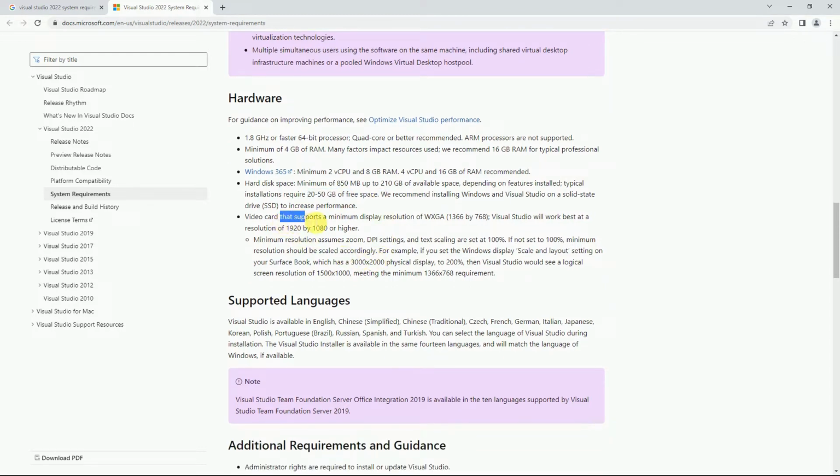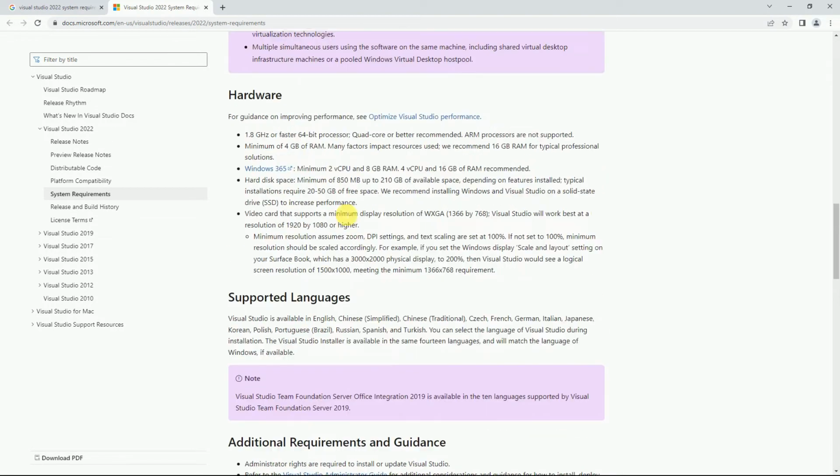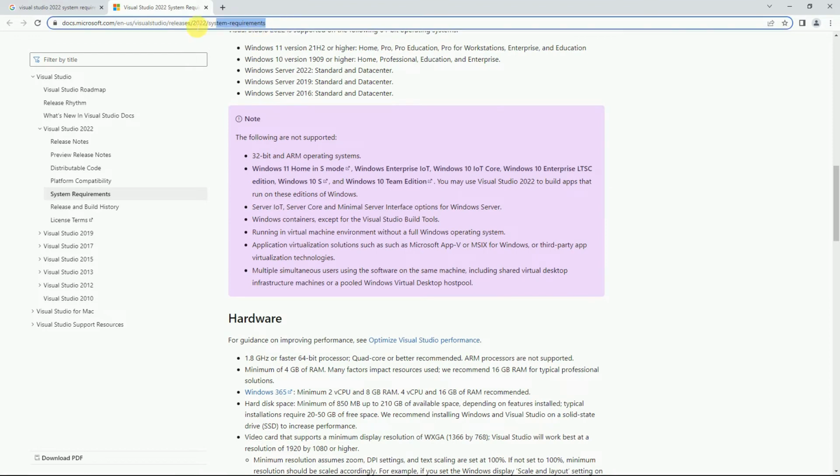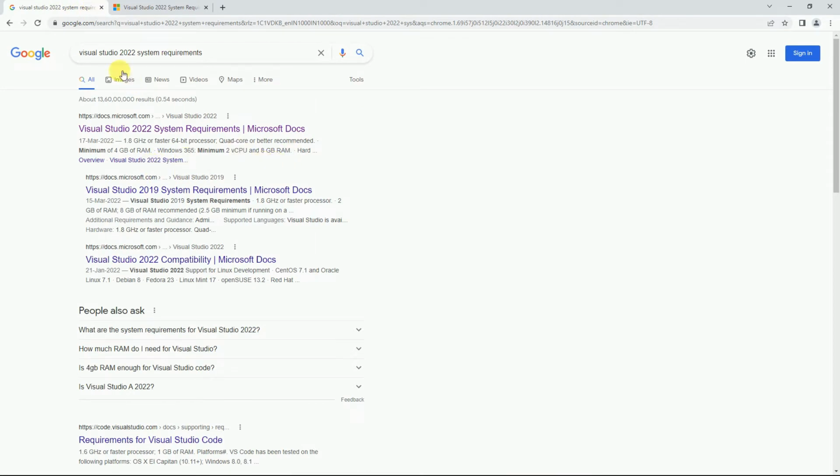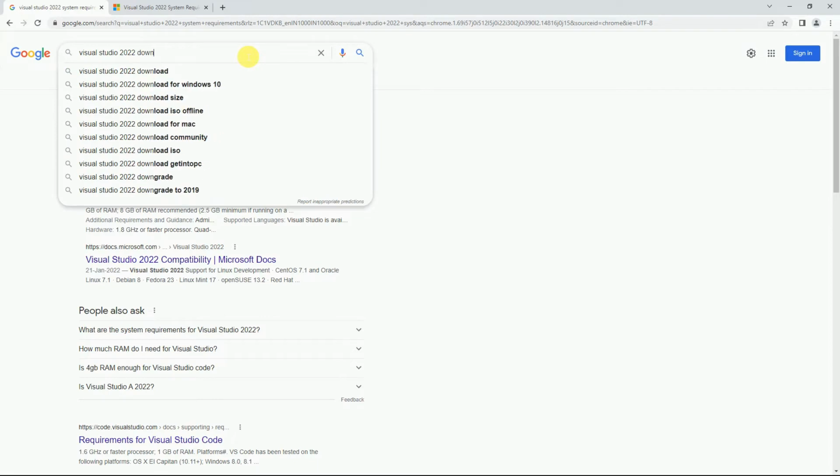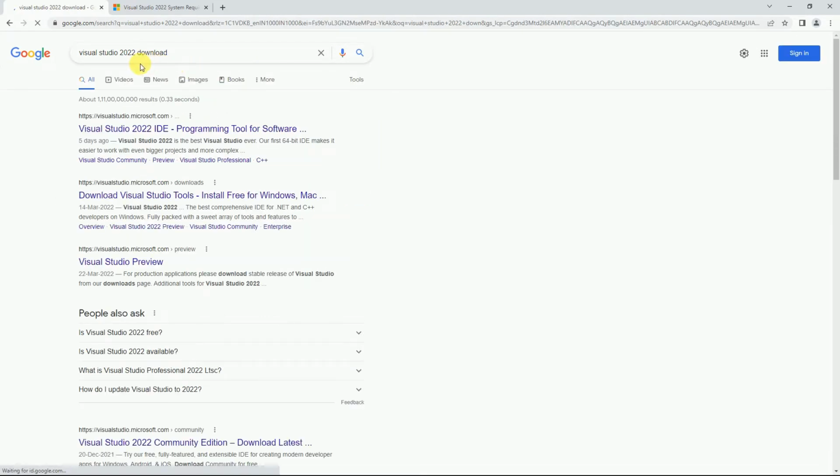And this is the video card minimum configuration required. So you can check all the configuration on this website. I'll provide these links in the video description. So now we will go to microsoft.com and we will download it. We are going to download 2022